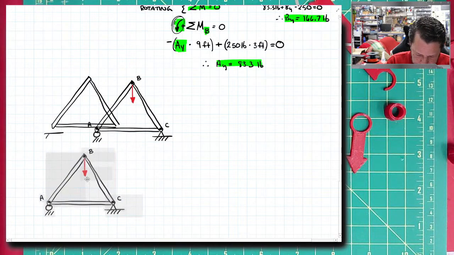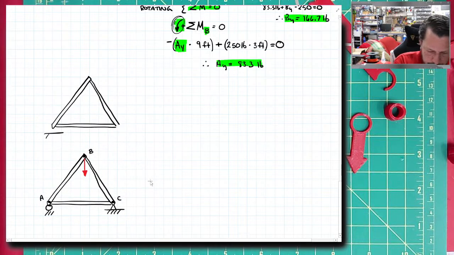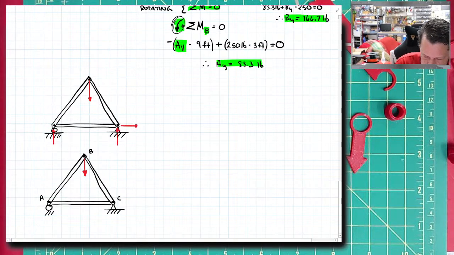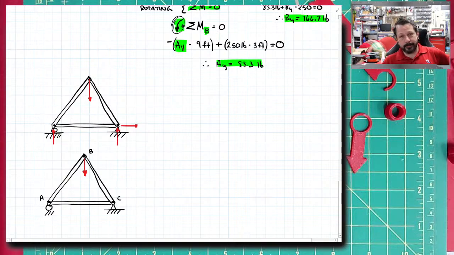Oh wow! I somehow erased part of it. Let's put that back. One thing that sometimes you're in a hurry and you don't want to draw these things over and over again, and you might think, I'll just take this picture, I've drawn the sketch, and then I'll just draw the roller reactions and the pin reactions right here. And that's probably fine to do when you're in a hurry and just trying to get that solved, but